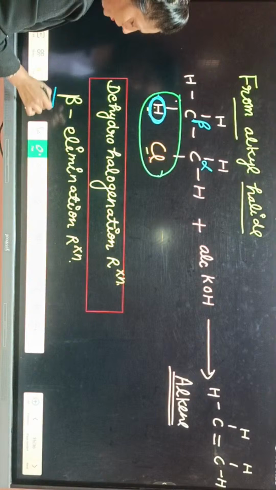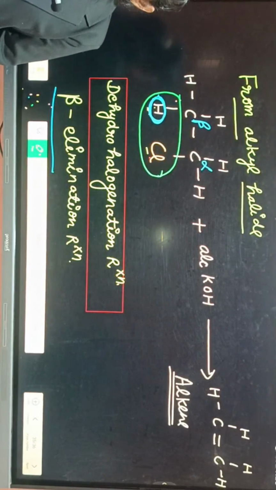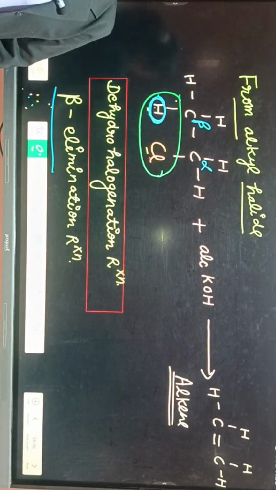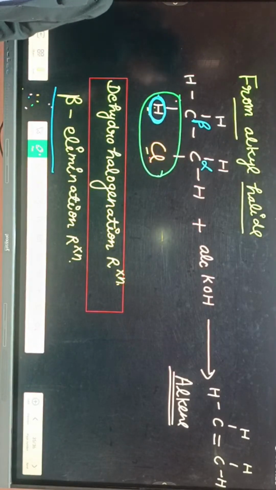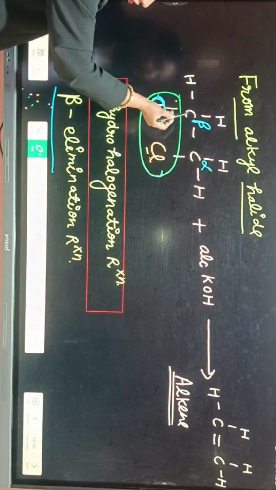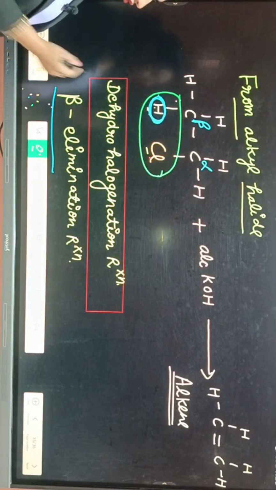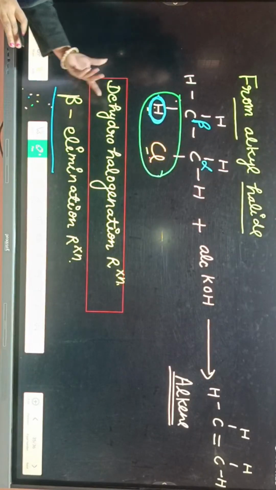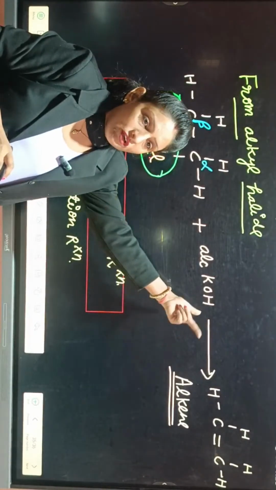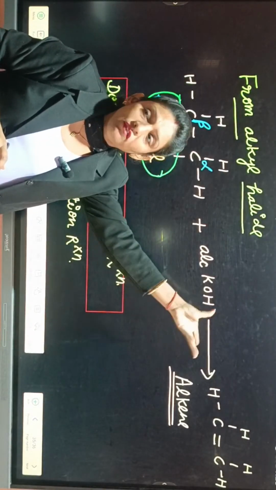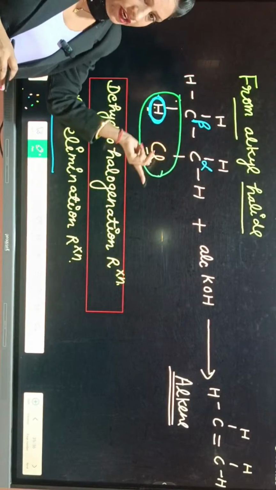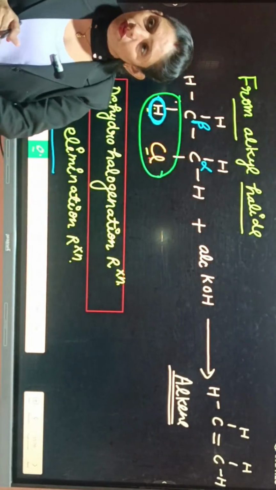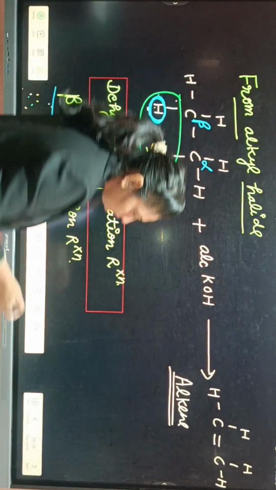That's why it is known as the beta elimination reaction. Clear or not? Any doubt? Yes. Students, here there are only two carbons and only one beta hydrogen. So simply we can write the product. Only one product will be there. We will remove hydrogen and halogen and there will be a double bond between the two carbons. Simply you can write. But students,